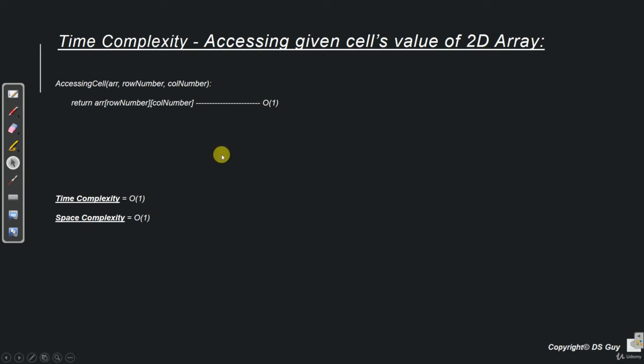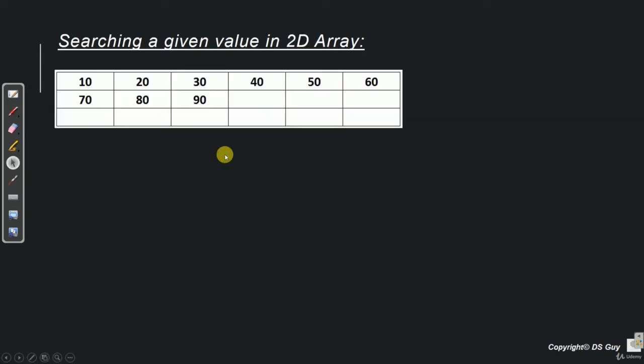Now let's see what the next operation is. The next operation is searching a given value in a 2D array. Similar to a 1D array, searching a given value is simple. We start with row 0 and column number 0, which is this cell over here, and we keep going towards the right in the first row, or the 0th row.